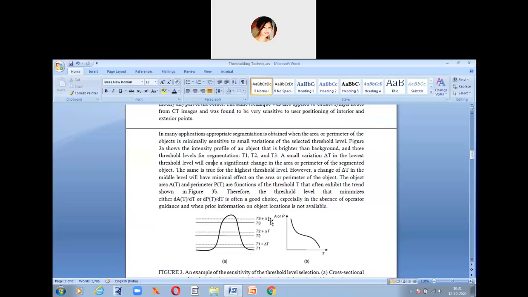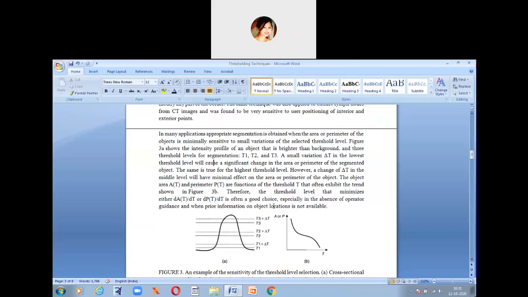Here del T is considered as a small change. So a small variation del T in the lowest threshold value, which here is T1, will cause a significant change in the whole area or the perimeter of the segmented object.